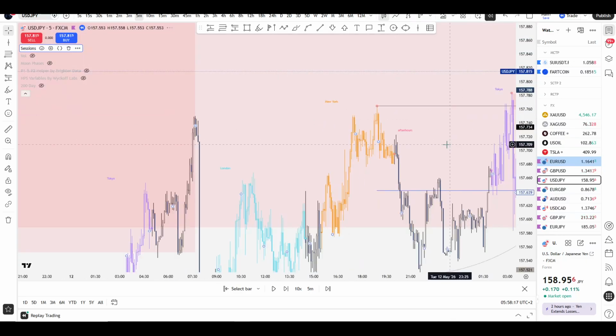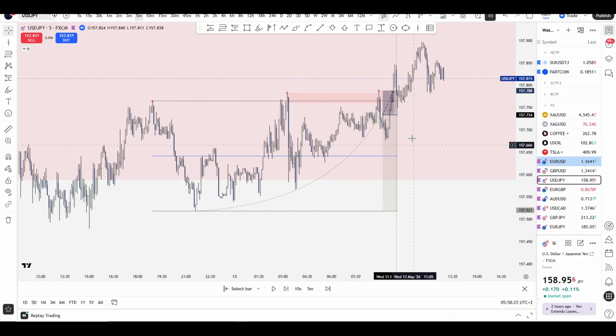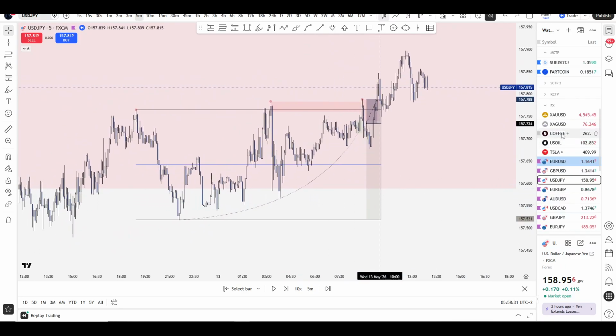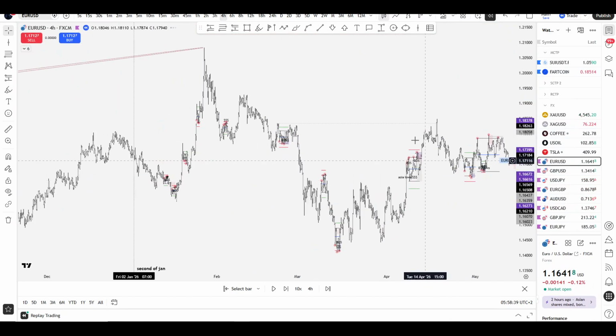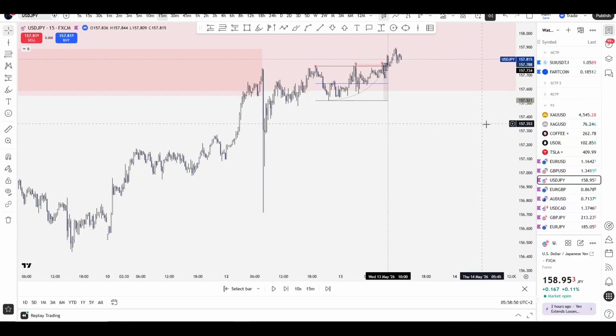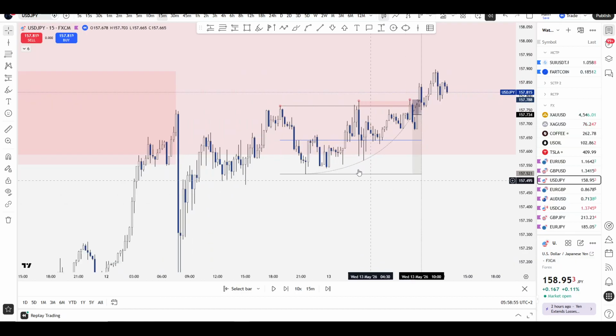It happens, it's okay, it's a part of the system that you enter and get stopped out. Usually I have like an 80% win rate on these setups over the long run, or I have to say, I backtested many trades here, as you can see. I backtested all these, every single candle, and I have a pretty high win rate on these setups, and even the highest win rate setups fail, so that's okay.